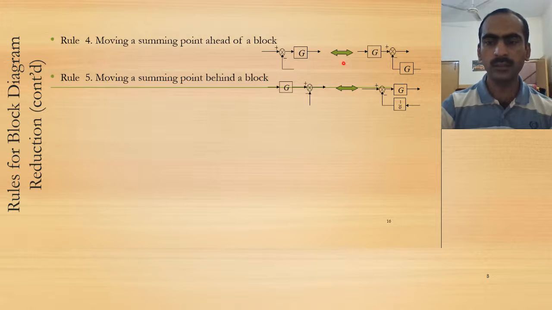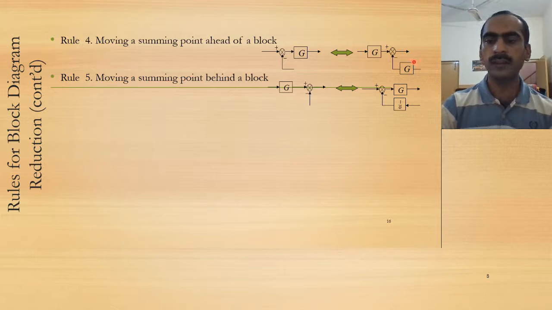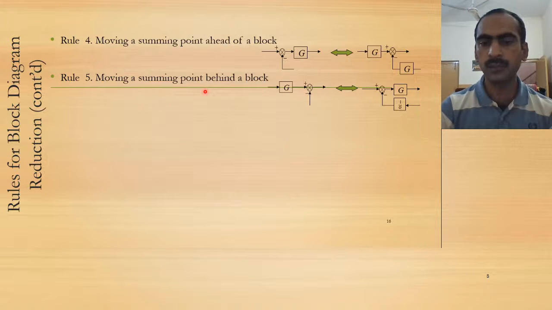We change in such a way that these 3 points are either replaced or shown in this way, or they are shown in this way. It doesn't affect the rest of the block diagram. And then moving our summing point behind the block,